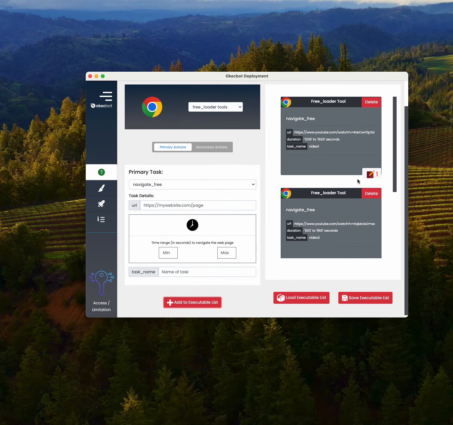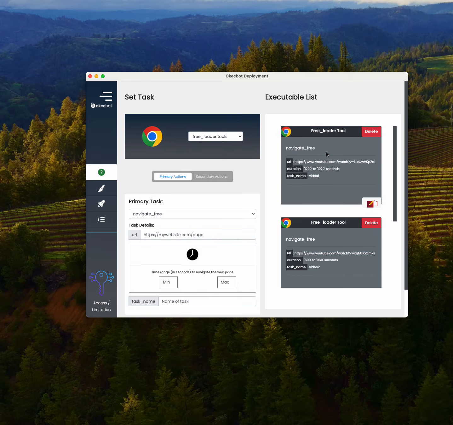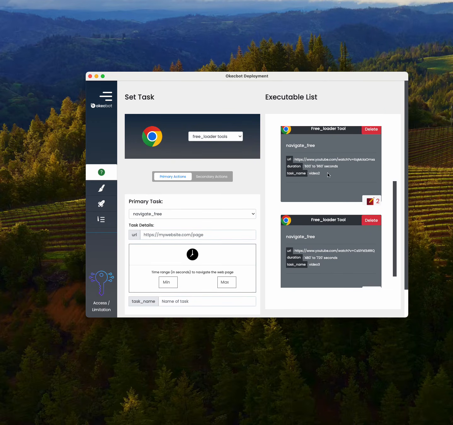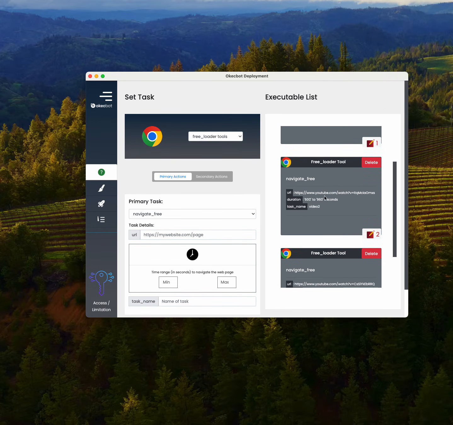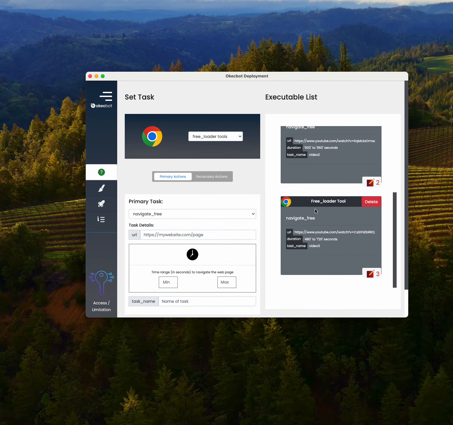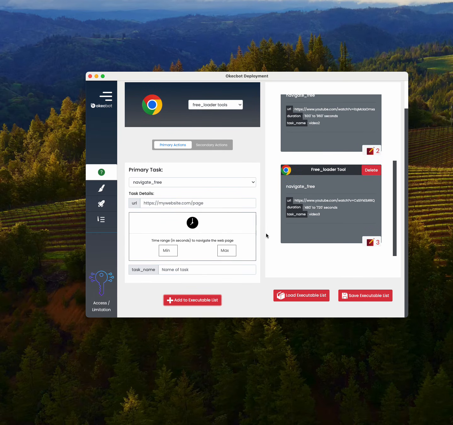The first task is simple. It says open this YouTube video, watch for within 1200 to 1920 seconds. We called it video 1. You can see the name of the task. Now the second task said open this video, watch for 600 to 960 seconds. We gave it a task name called video 2, and the last one we just added, we said it should watch the video within 480 to 720 seconds. Now we have